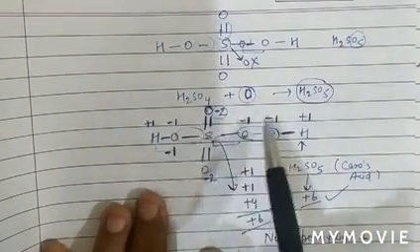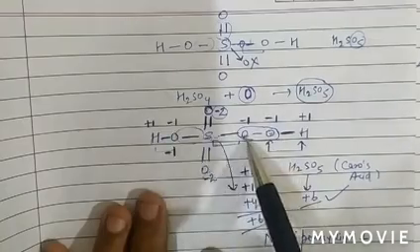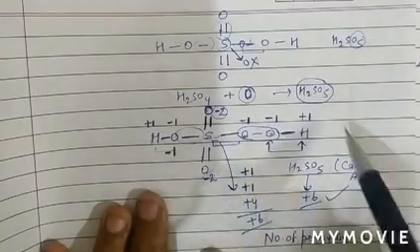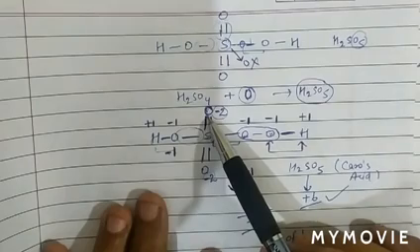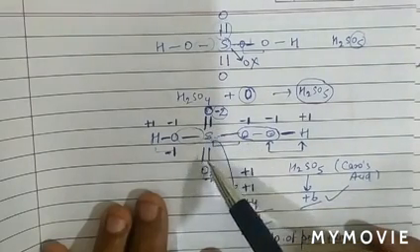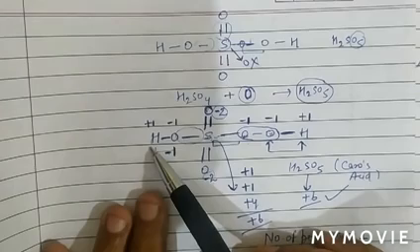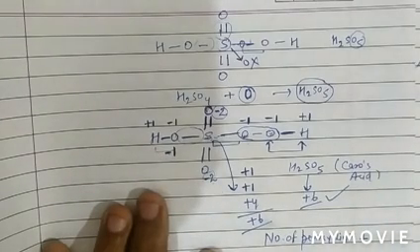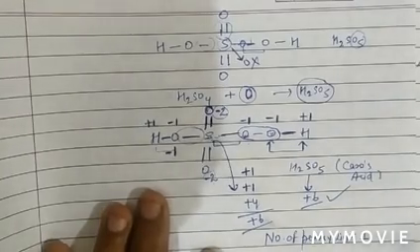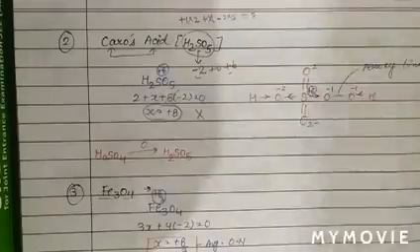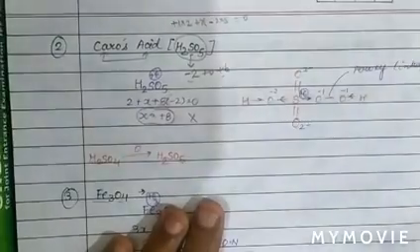So it is similar to the H2SO4 structure, only insert one oxygen. So it will form a peroxy linkage. You may insert there or you may also insert there. So we have found the oxidation number of all atoms, like the oxidation number of oxygen is -2, oxidation number of hydrogen is +1. So we have found the oxidation number of each and every atom in this compound. See the next case. We have found the oxidation state of sulfur, which is +6.